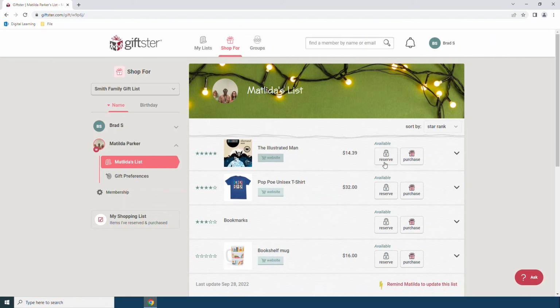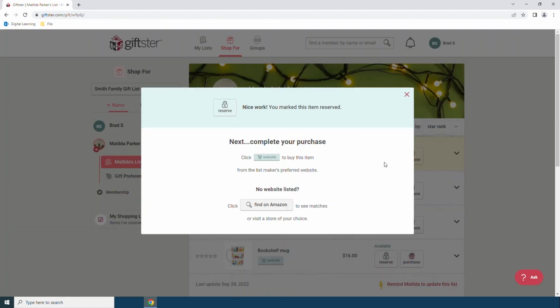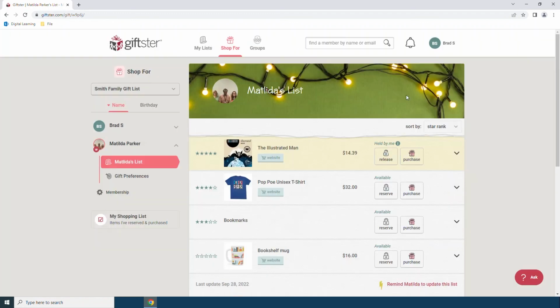This will not be visible to her, and that will alert other individuals in our group that they are not able to get that. It'll encourage me to go ahead and complete the purchase of this item. I can navigate to that website or try to find it elsewhere. And with this item reserved, it means that no one else will be able to purchase it. They will see that I am planning to buy that for Matilda. And then once I purchase it, I can select the purchase button, and it will just mark it as purchased